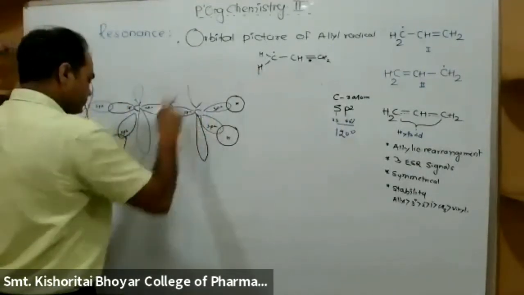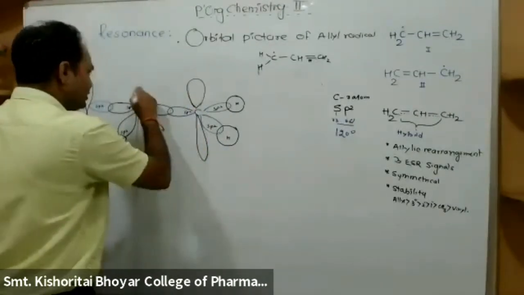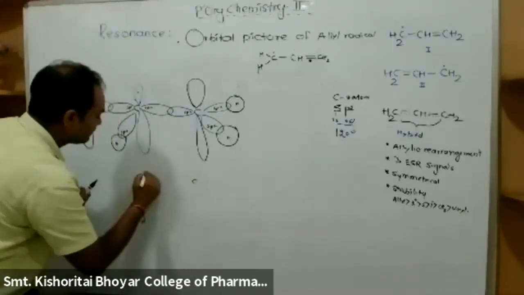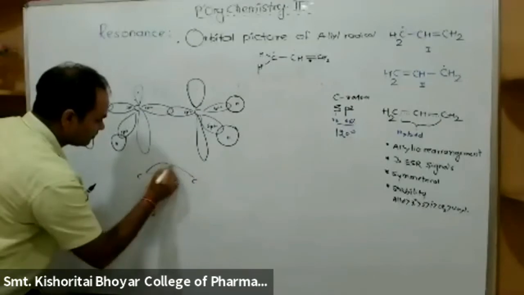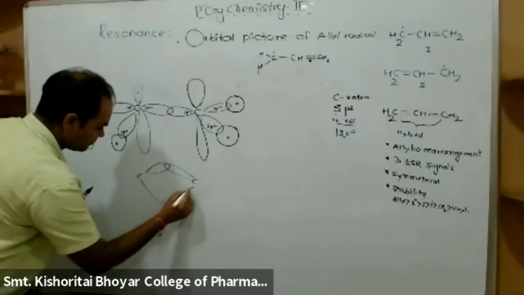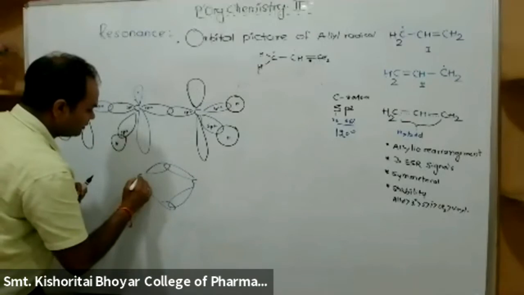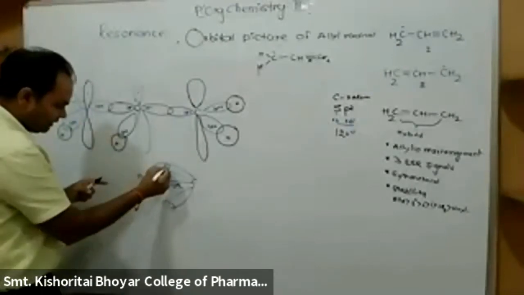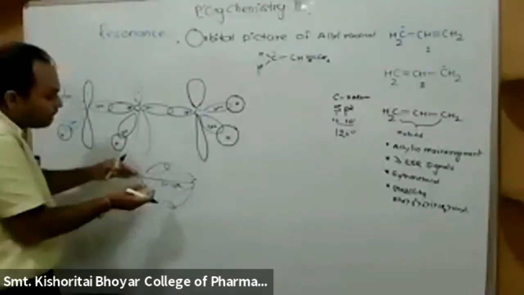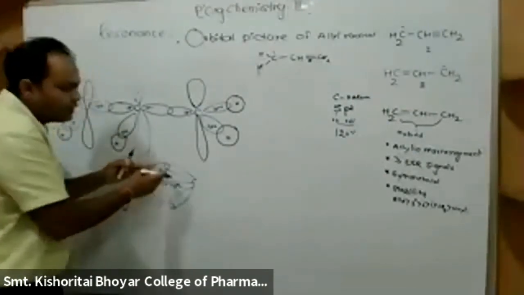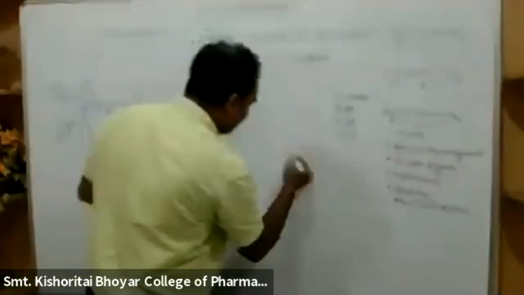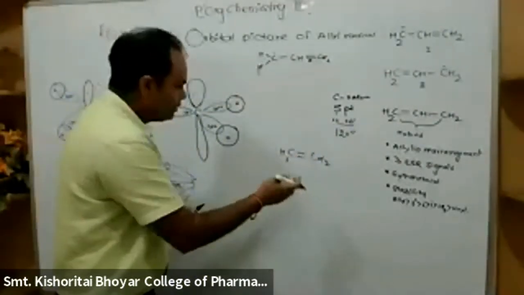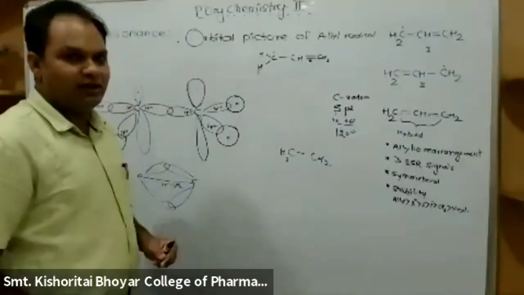This is like this. It contains an odd electron. Now I represent this picture like this. Here this is the sp2 overlapping, and this pp overlapping gets overlapped like this. So they form a cloud above and below the plane, just like in the case of ethene. You know the structure of ethene. What is in the structure of ethene? Carbon is sp2 hybridized. So in this way you can carry out overlapping.